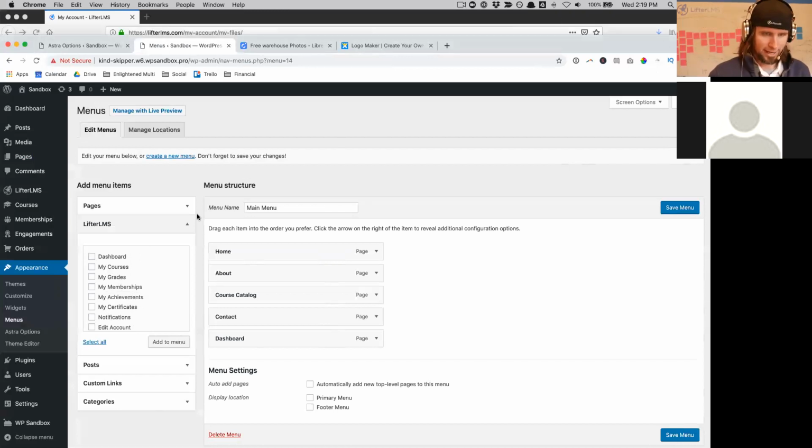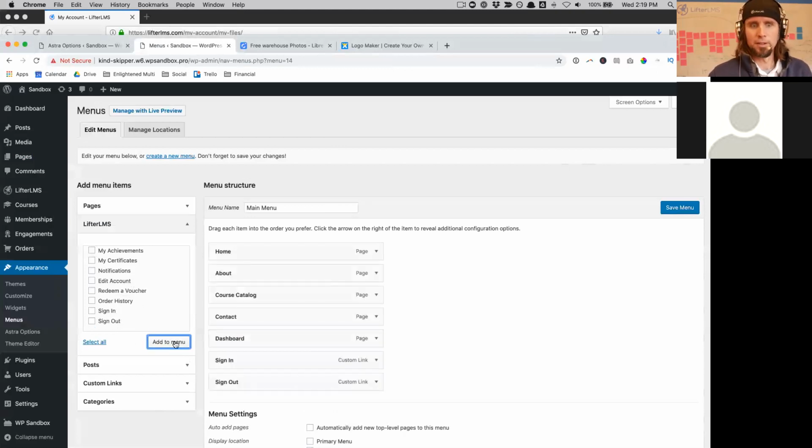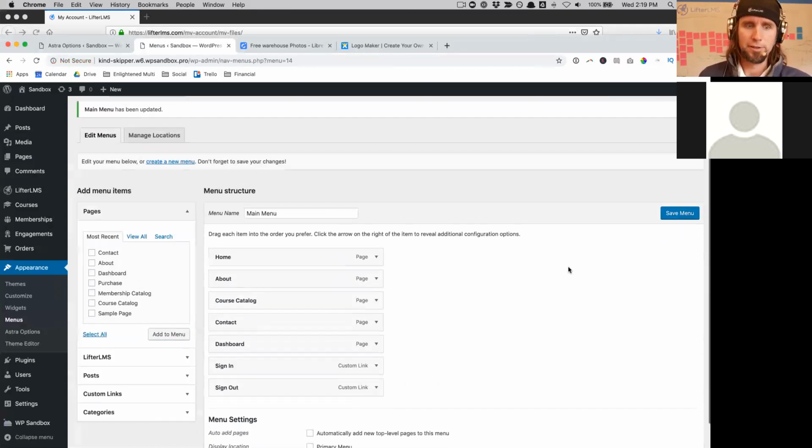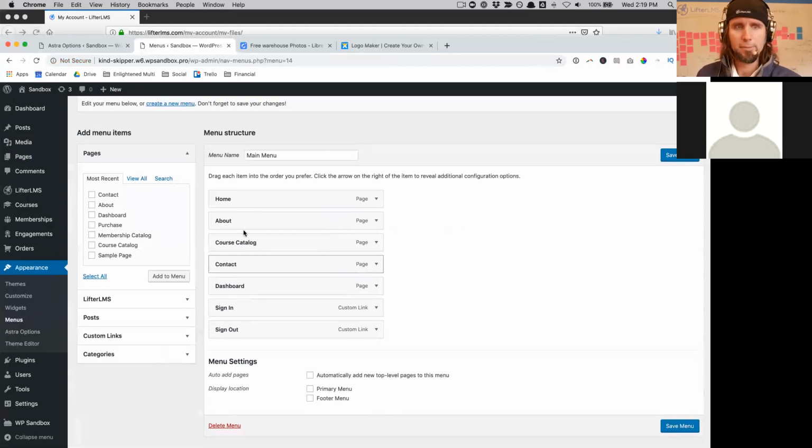So I'm going to go ahead and add those in. So sign in, sign out. And basically only one of those is going to display at a time, depending upon if the user is logged in or logged out. And I'm going to say that I want to make this my main menu, my primary menu. So I'm going to click on that, save,